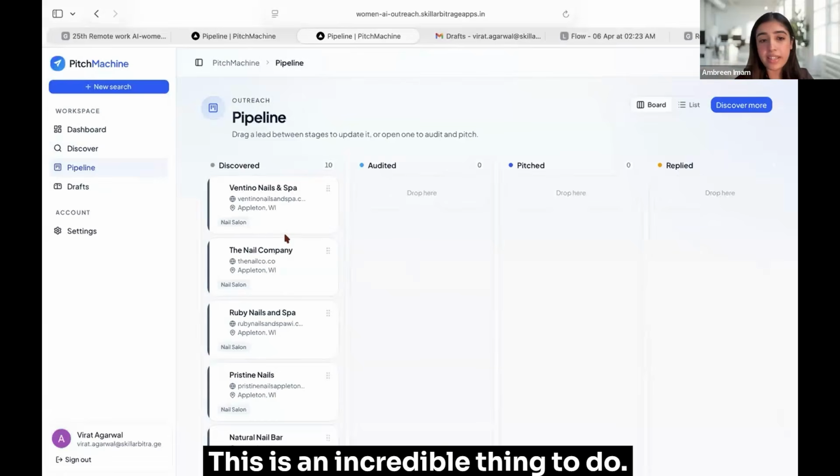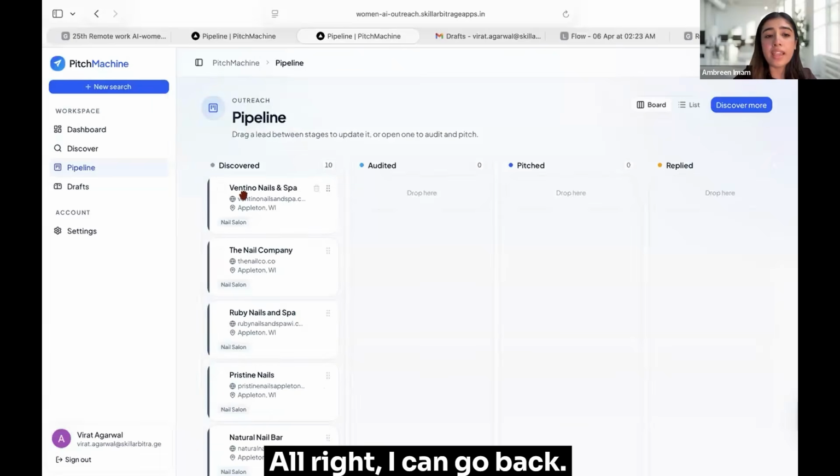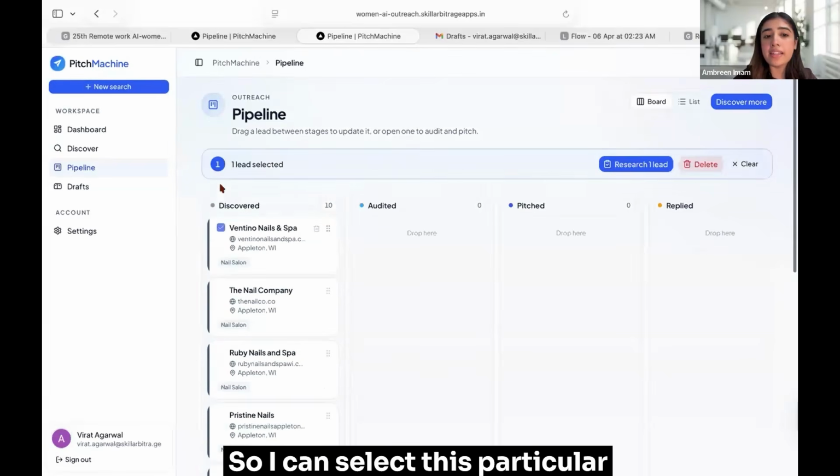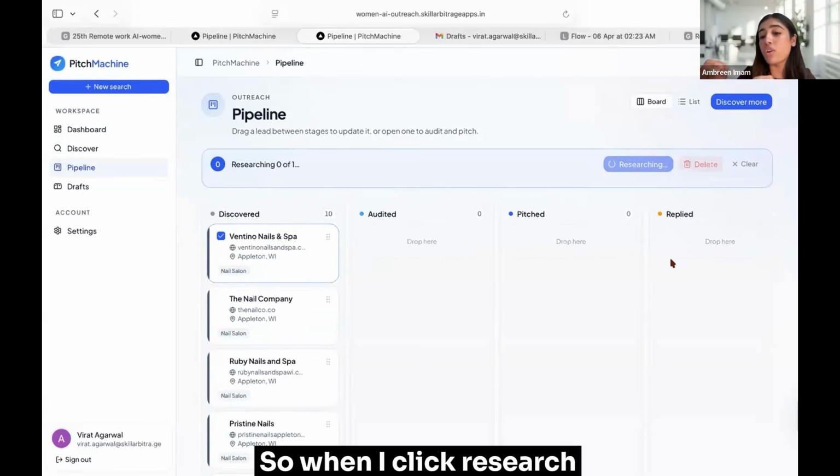This is an incredible thing to do. Okay, let's say that we are going to reach out to this Ventino Nails in particular. All right, I can go back. So I can select this particular nail company and I'm going to go on research on one lead. So when I click research on one lead,